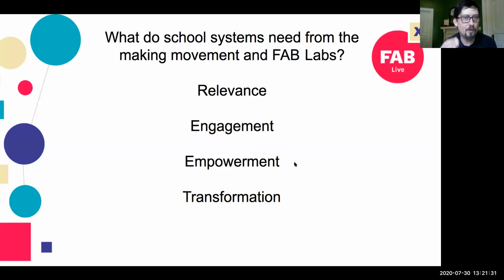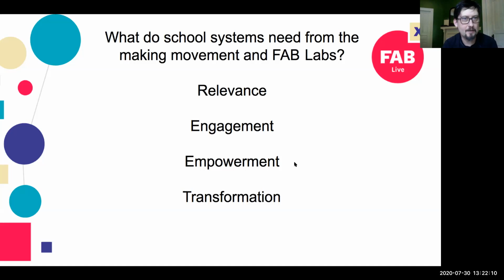If we can do those three things, then a school can be transformed on a system level. The school will see making and digital fabrication as methods to transform how we were doing education, and can enhance the instructional output. And you'll see in my next slide, if you can convince them that it can do the relevance, engagement, empowerment, it will transform the school, and it will transform how everyone in the school thinks about learning.